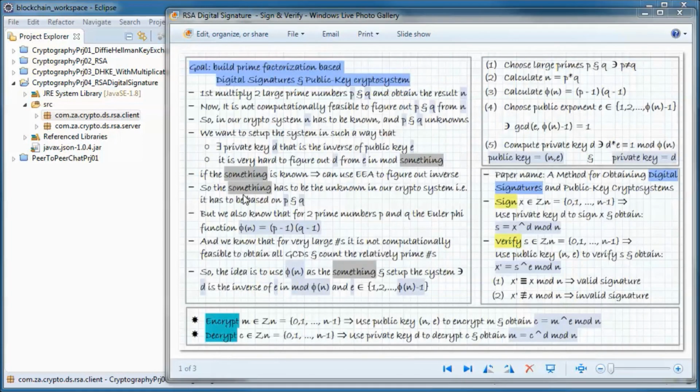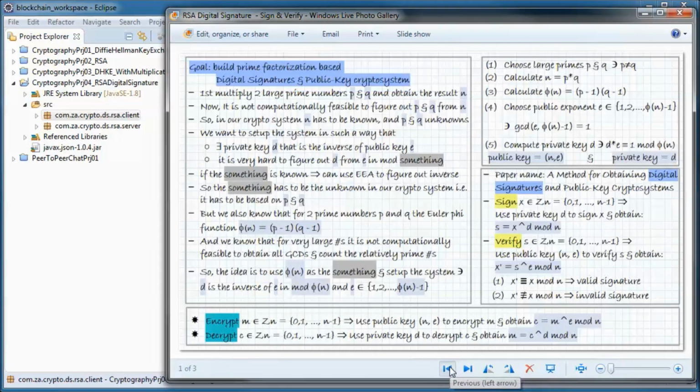So the something has to be the unknown in our crypto system, meaning it has to be based on P and Q. But we also know that for two prime numbers, P and Q, the Euler phi function, phi of n, is equal to P minus 1 times Q minus 1.